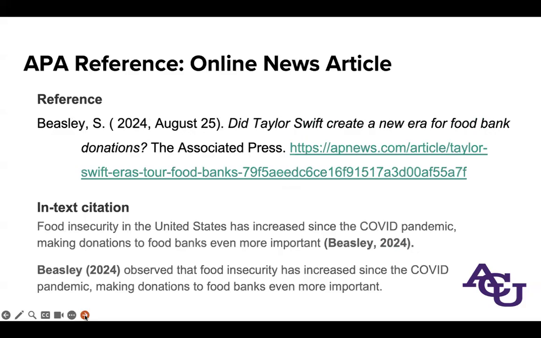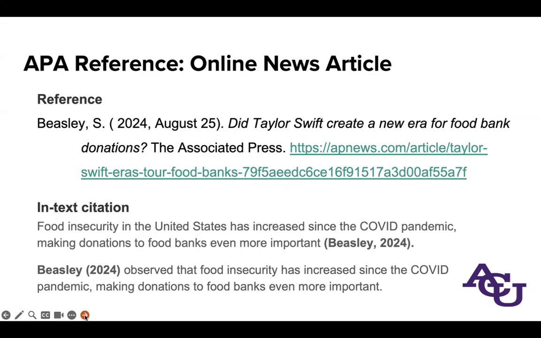Here is an example of how to cite an online news article if you want to talk about Taylor Swift, or if you want to talk about local statistics or matters related to food insecurity. That example that I had about the grocery store where I live, I actually saw it in a news article and decided to pull it in. So if you had something like that in your FAQ, you would want to put that article on your references page. So for an online news article, this one's a signed article, so it has a specific author.